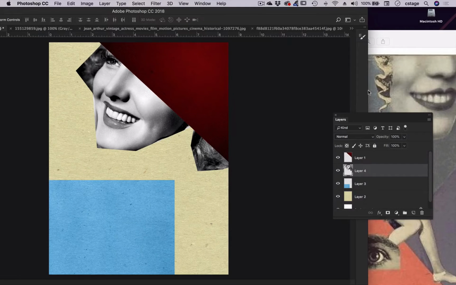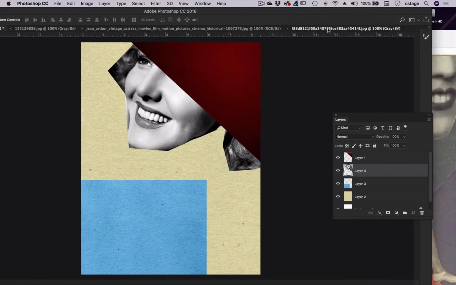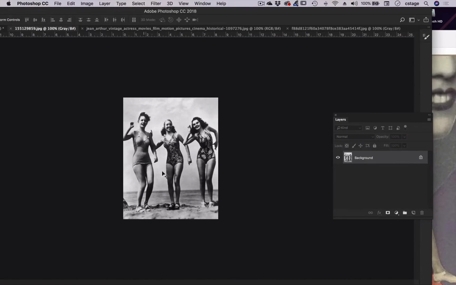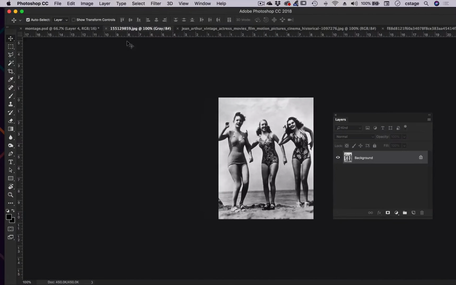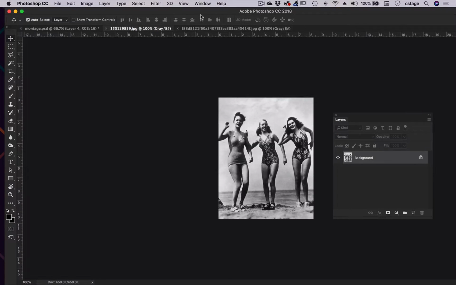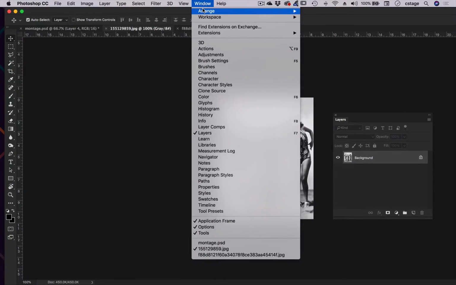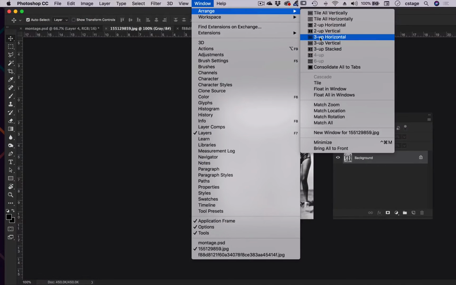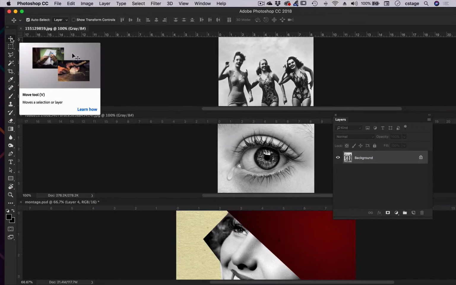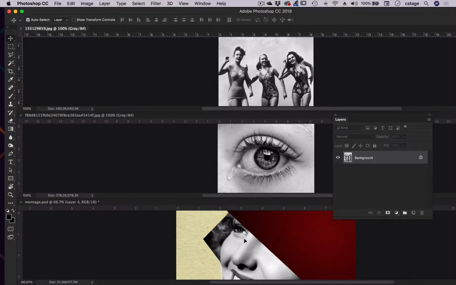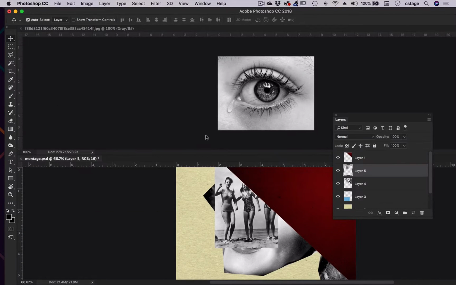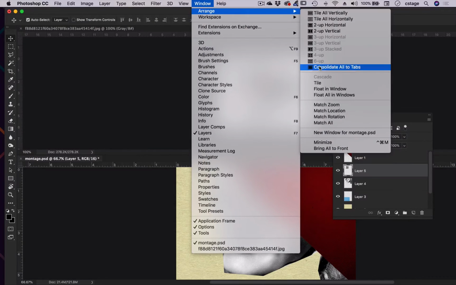Great. Now what I want to do is I want to get one of the pairs of legs. I'm going to go and get one of these guys. So I want to bring that into, I'm going to close down the photo by hitting the little X. Now I've only got 3 left. So I'm going to go to Window, Arrange, I'm going to say 3 up horizontal or whatever, it doesn't matter. And now I'm going to take this one with my move tool. You got to switch to your move tool and drag this swimsuit one into here. Click yes. Now I can close the swimsuit one, and I can go back to Window, Arrange, Consolidate All the